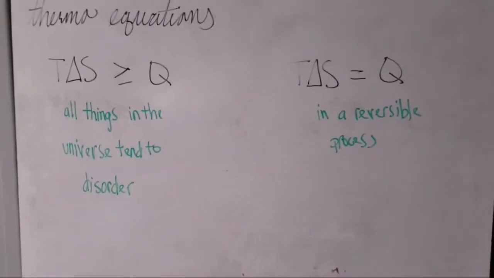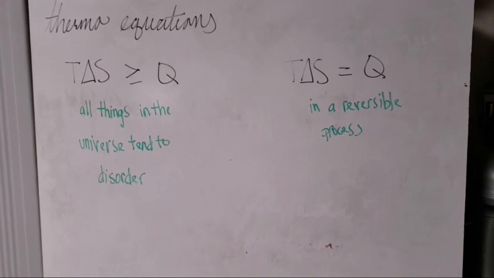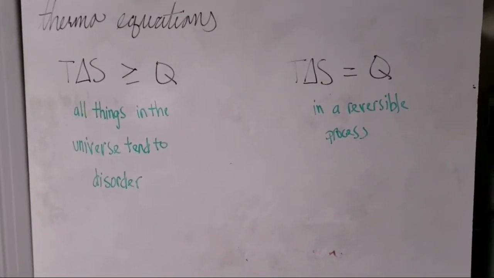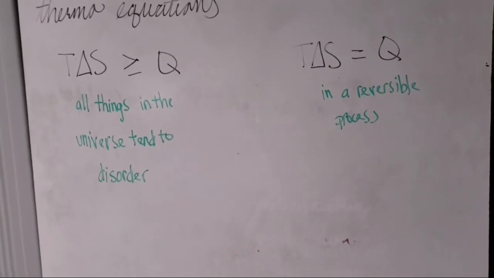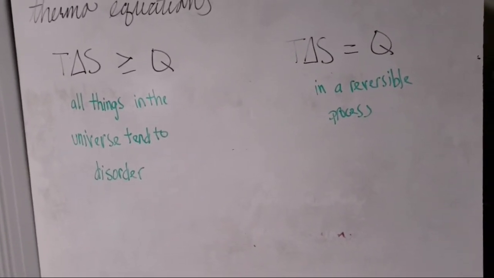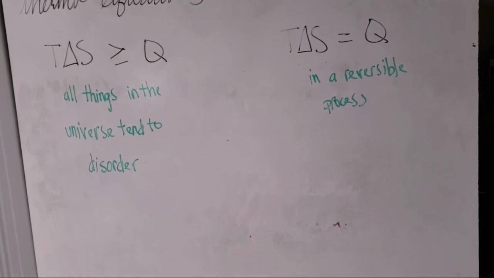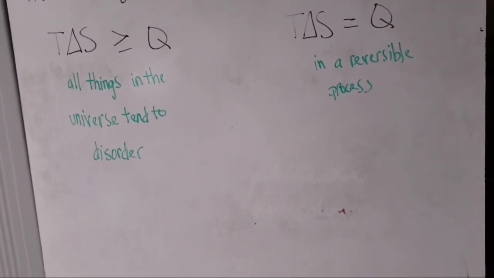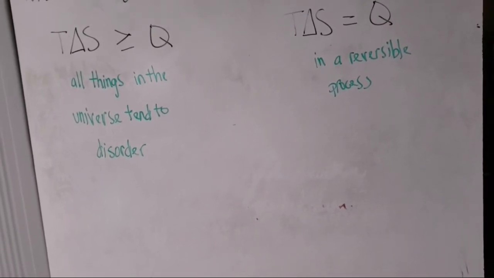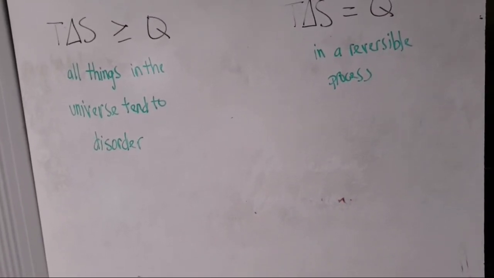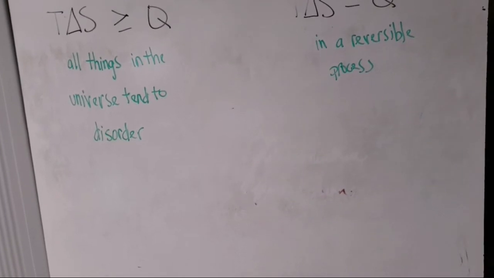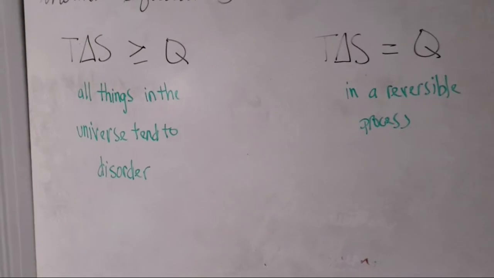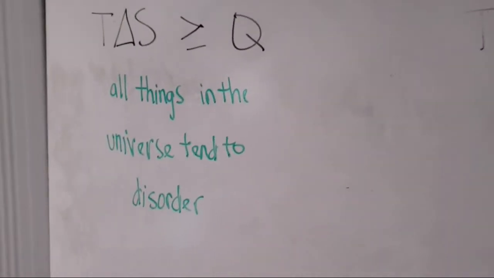The first couple of equations that we will be looking at today are going to be thermodynamic equations, essentially stating that the isentropic process is defined when the system's entropy remains constant. And the second one states that the temperature of a system times the delta S, or change in entropy, of that system is going to be greater or equal to the heat gained by the system. Okay, so that's a lot to say, but